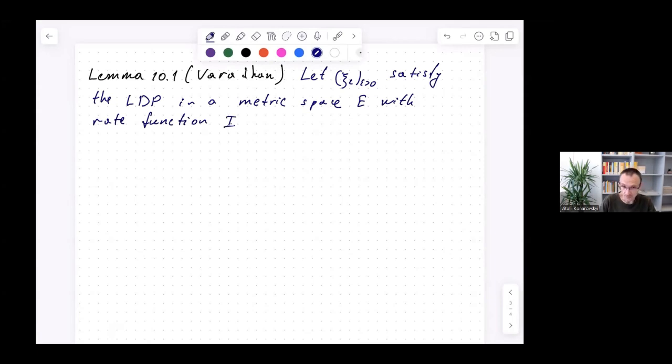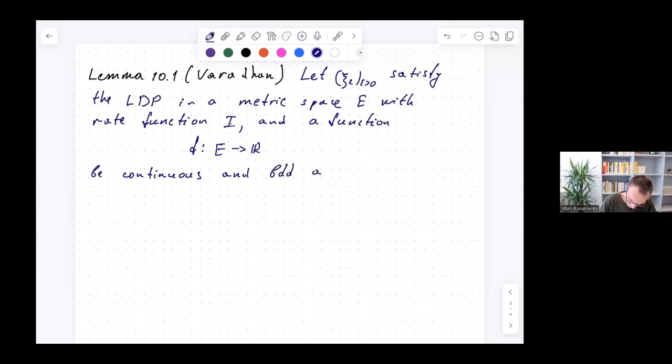Then, and also, a function f from E to R, from that metric space to R, be continuous and bounded above. Then